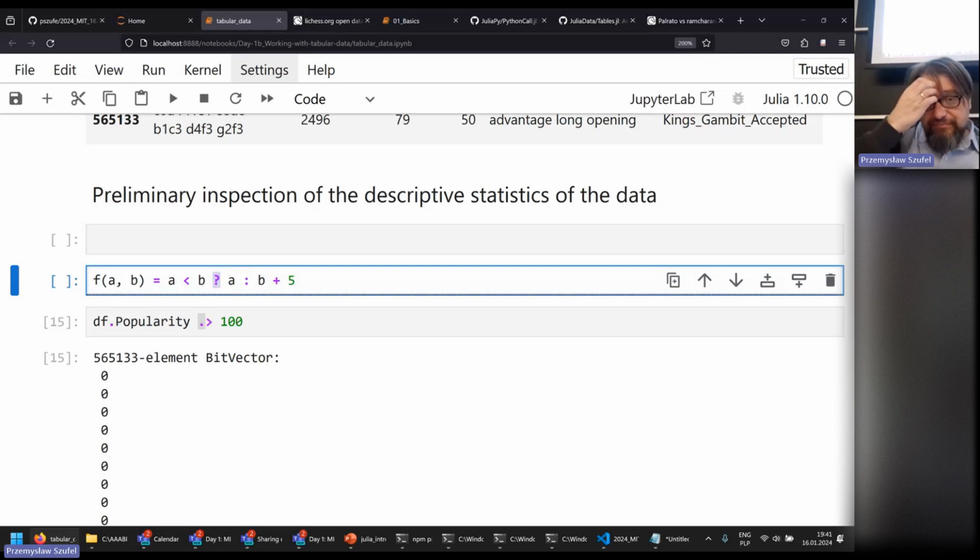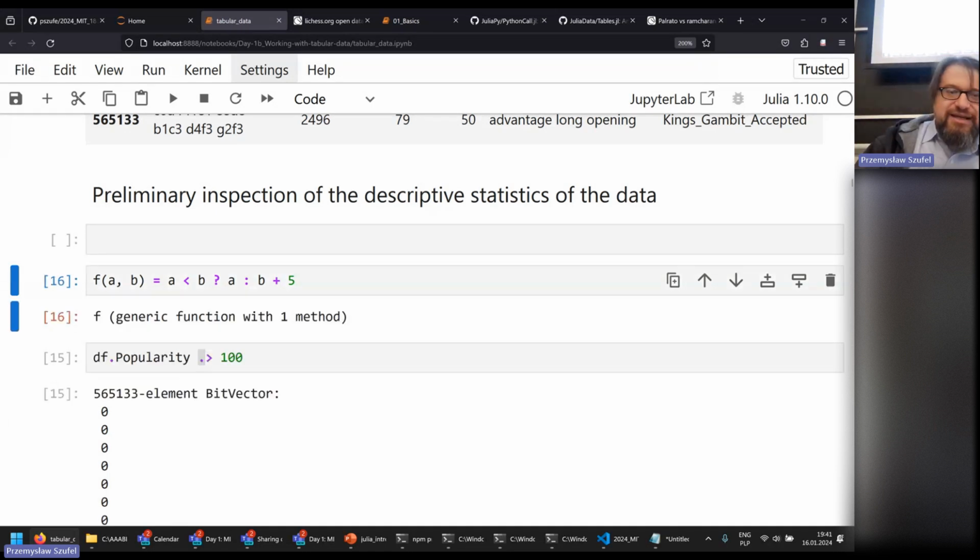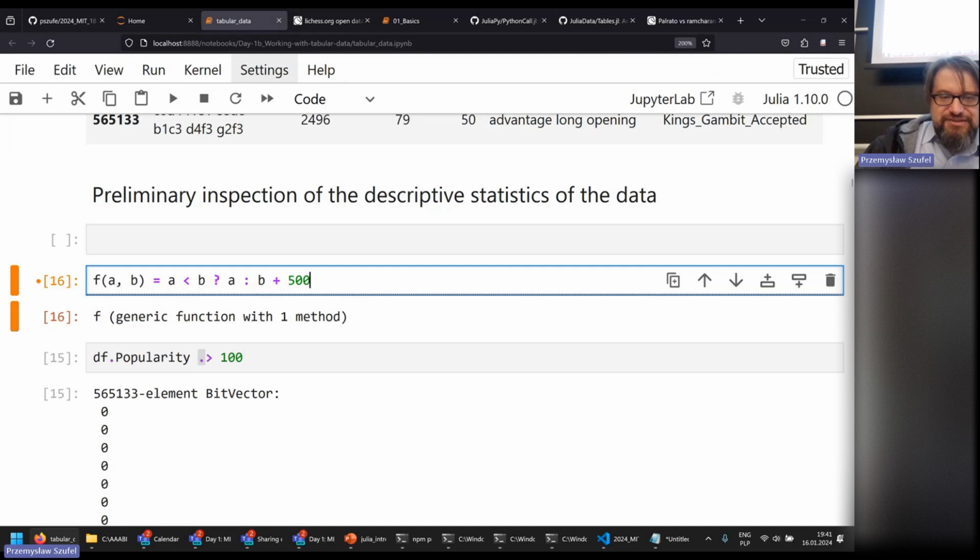Okay, we have this ternary operator in Julia. If a is lesser than b, return a, otherwise return b plus 5. Or maybe plus 500, so it's easier to see. And if I have a function like this,